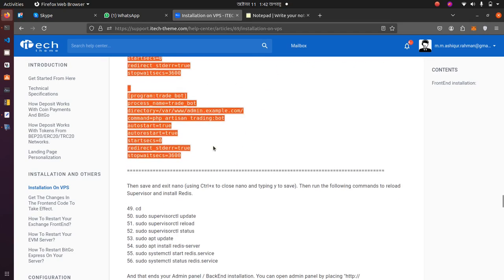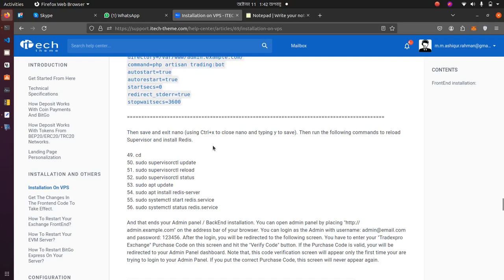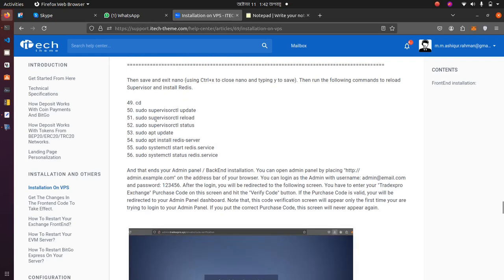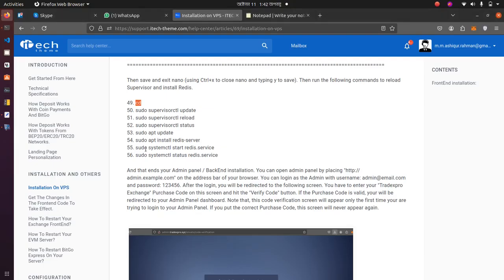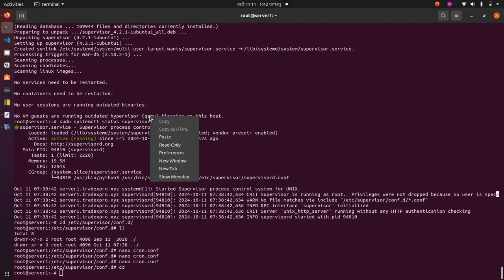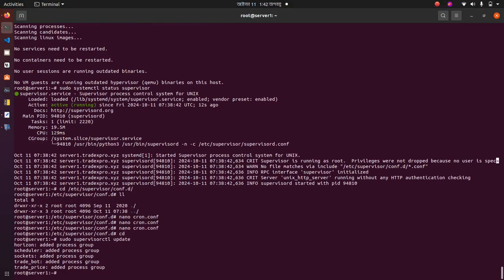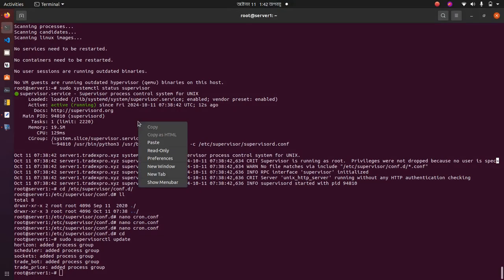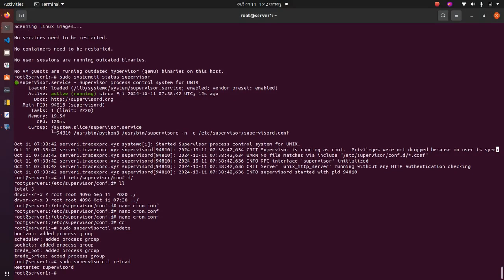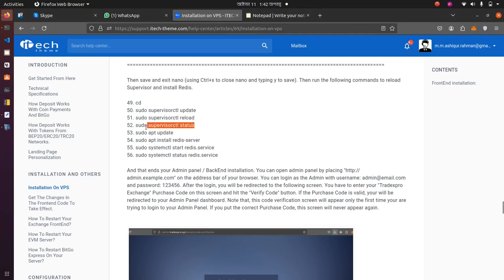The next step is to save and exit nano, then run the following commands to reload the supervisor and install Redis. Okay, we'll go to cd. You're at the root directory. supervisorctl update, done that. Reload, done that. ctl status,